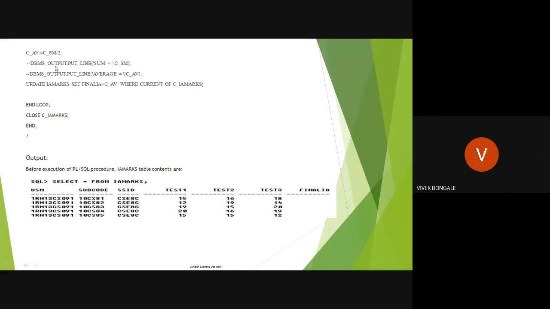DBMS_OUTPUT.PUT_LINE will act like a printf function, a printing function. DBMS_OUTPUT.PUT_LINE: sum equal to whatever sum we get as a result, that sum value will appear here, and the next is the result. After getting sum and average,